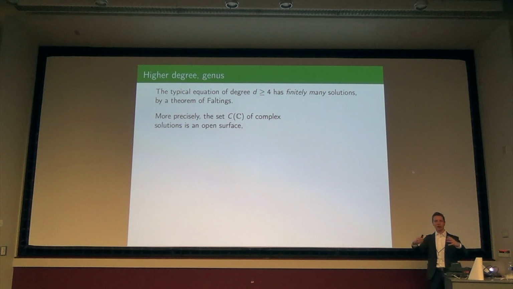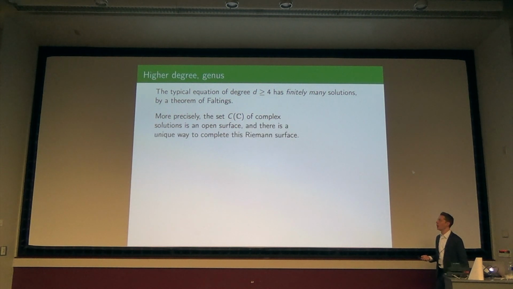I'm trying to make a connection point with those of you who are working in geometry or topology. Okay? So locally nearby, because it's smooth, it looks like the complex numbers. If you want to think about that as a real manifold, it's two-dimensional, or as a complex manifold, it would be one-dimensional. And I say it's open because we didn't take care of what's happening at infinity. So there will be something, t going to infinity, or x and y going to infinity, and we somehow need to keep track of that, or else it's like we're missing something in our description.